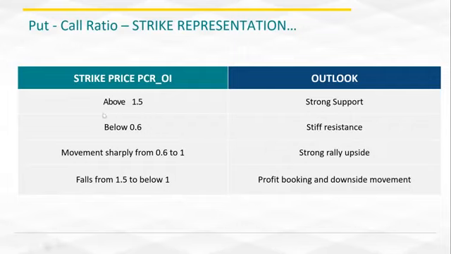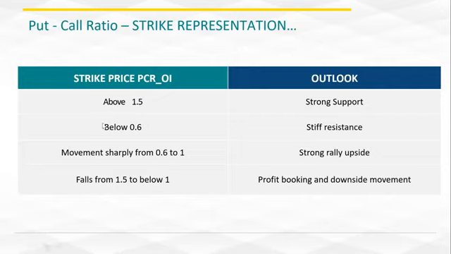So if for any strike we calculate PCR and it is above 1.5, it is a strong support zone. Like we calculated around 9,200, it was 2. So 9,200 could be a very strong support for the index at that particular moment, for a brief period, maybe an hour or two. So if we calculate only OI, we see 9,000 is the support. But if we calculate PCR and we see that 9,200 is 2, that means 9,200 is support on an immediate basis. So that is how we narrow the range.